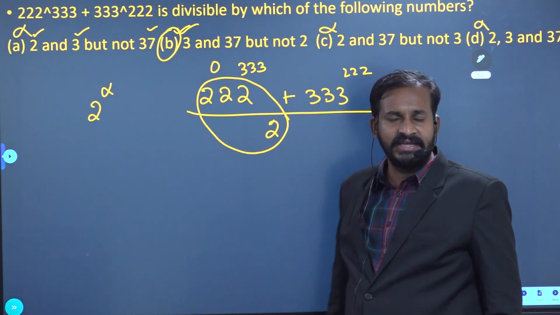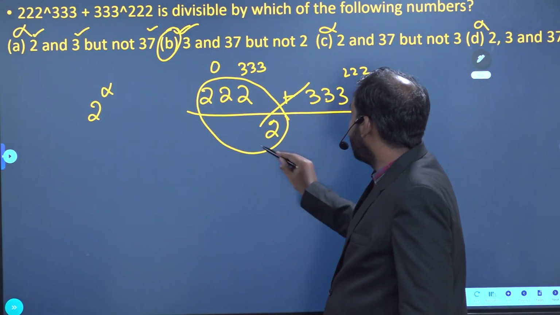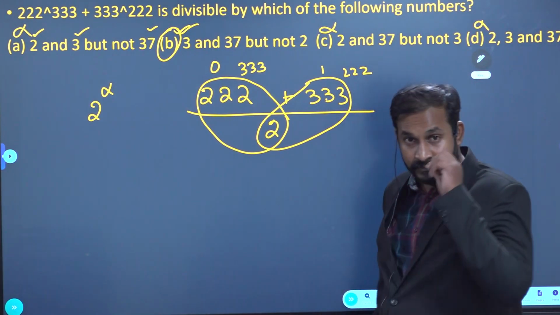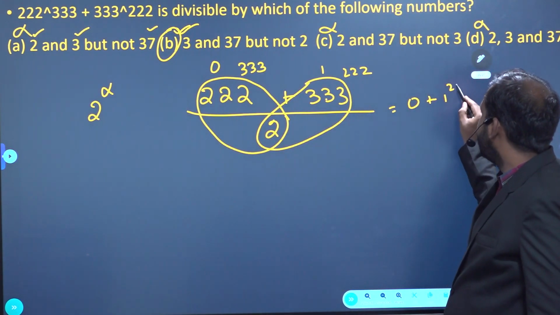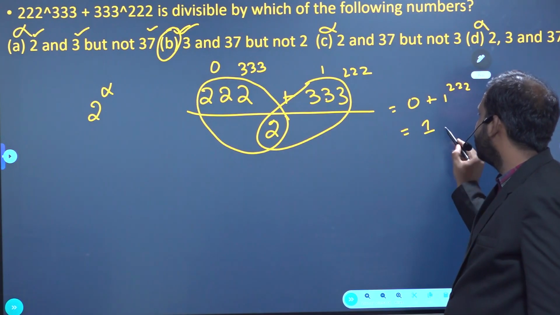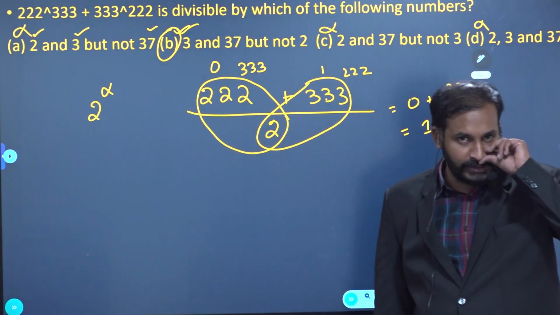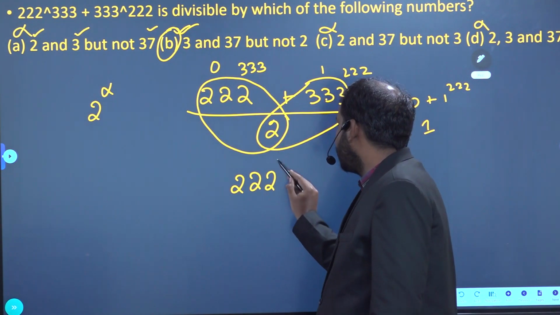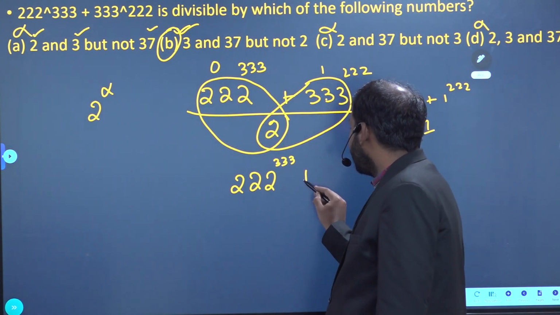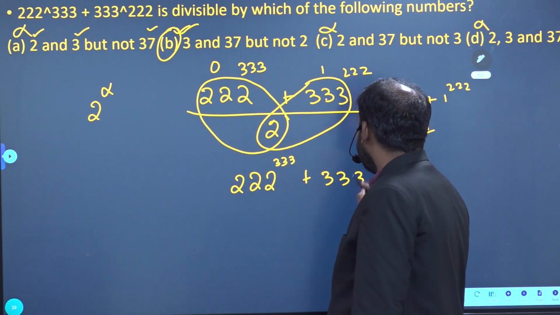So 0 to the power of anything will become 0. 333 by 2, what is the remainder I will get here? 1. So 0 plus 1 to the power of 322, so the remainder I will get is 1. That means this number is not divisible by 2. Not divisible by 2. And similarly, 322 power 333 plus 333 power 322